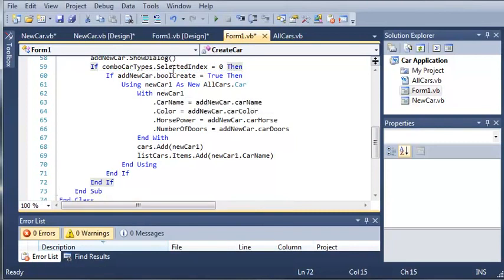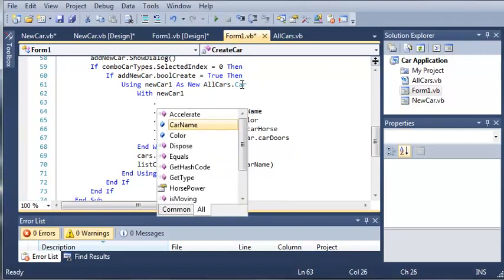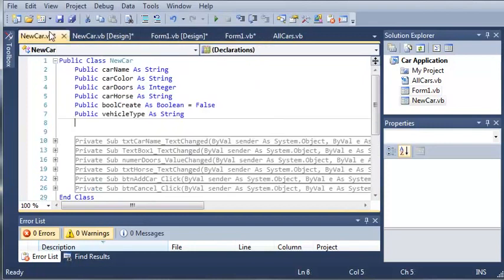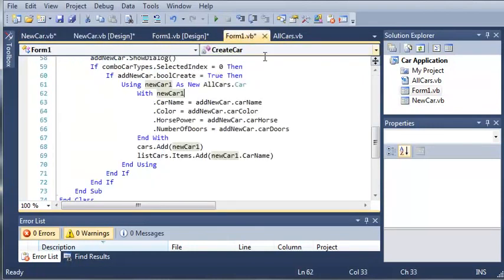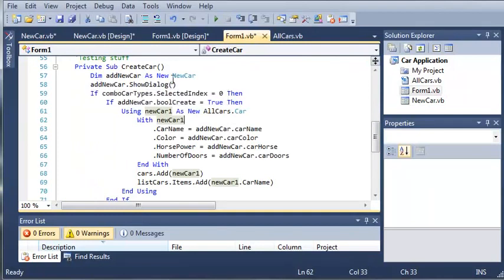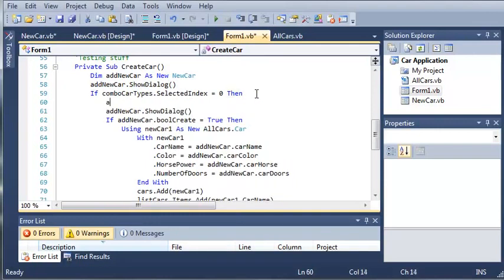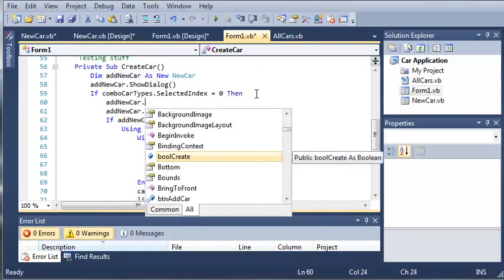So if the selected index is equal to 0, we want to have it show the new car form, and it's going to create a new car object. But we want to go ahead and set the string from new car, that is our vehicle type. So we want to set add new car. We want to set the vehicle type to the type that they have selected. So we're going to go ahead and copy this. So if it's equal to 0, then we want to set the appropriate values. So add new car dot vehicle type